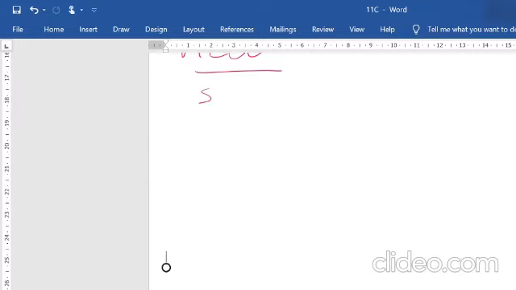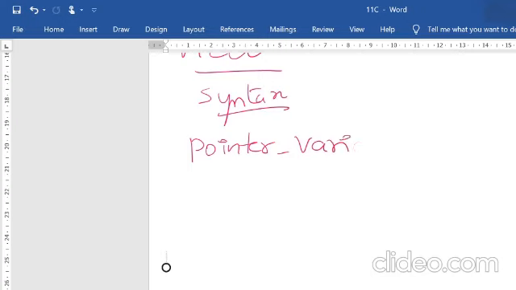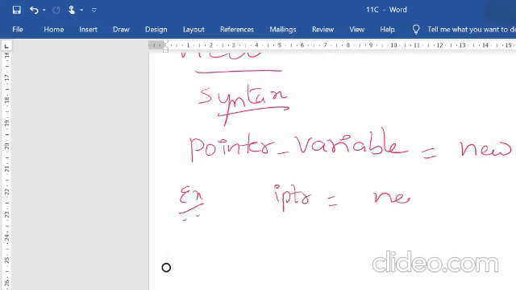That is what you mean by a new operator. The syntax is: pointer variable equals new data type. If you want an example, we say IPTR equals new integer.